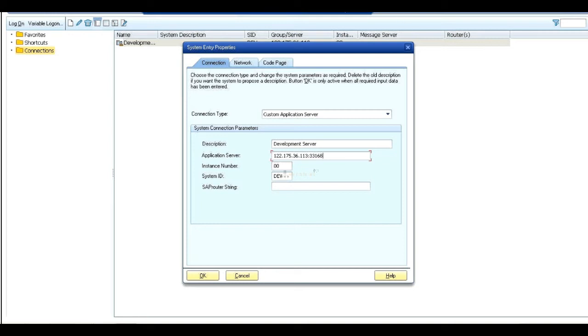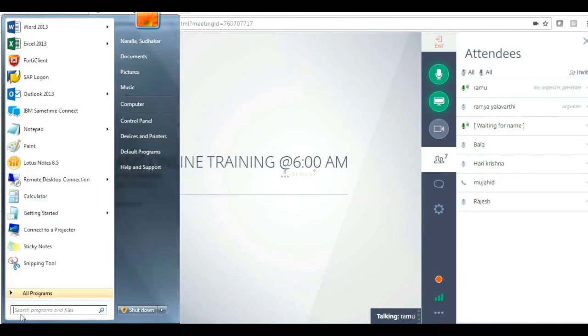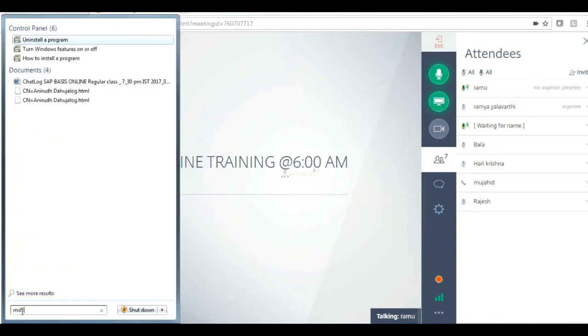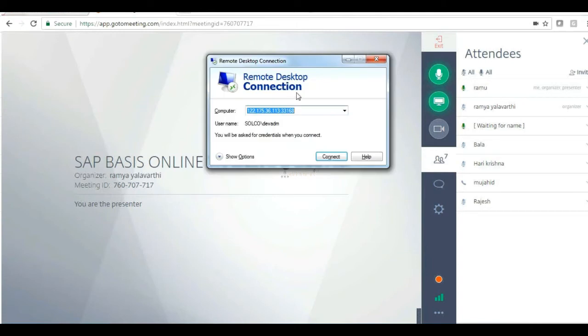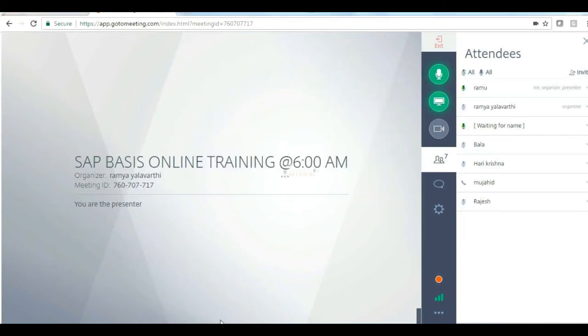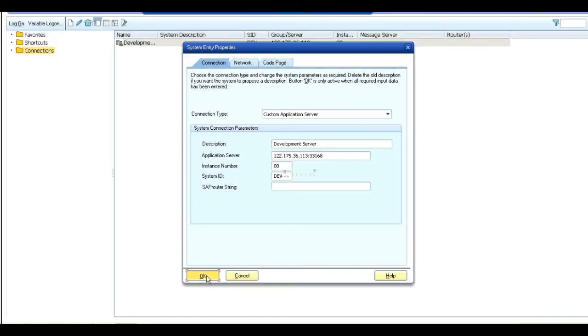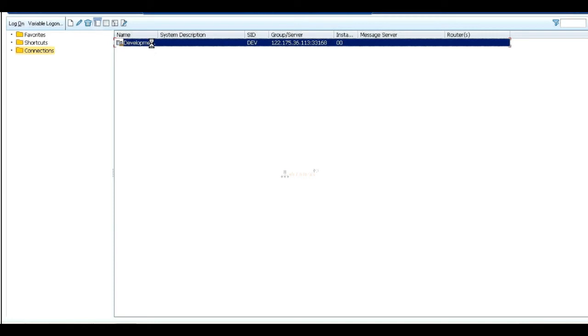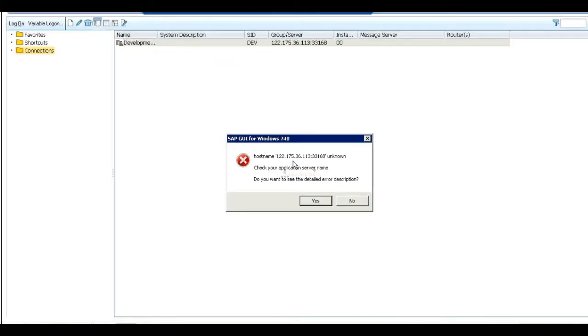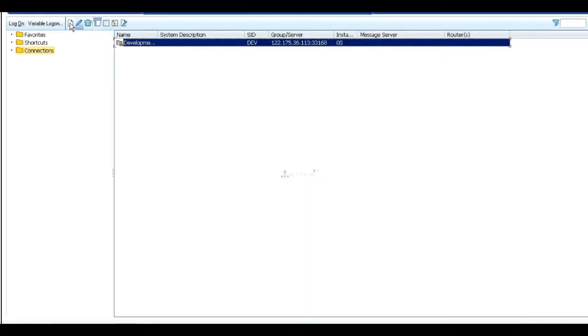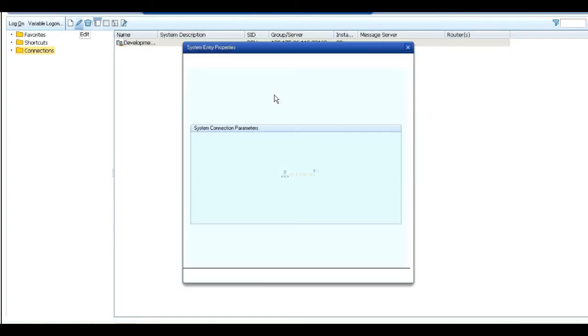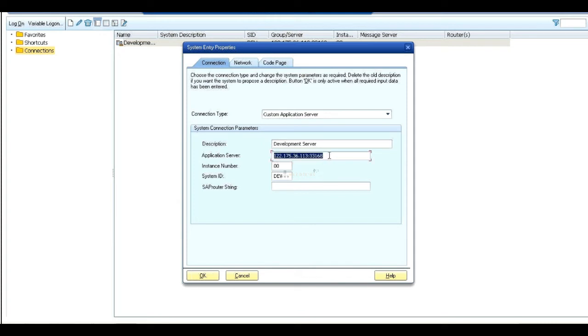I think it is 3168. Double 3168. 172.173.36.